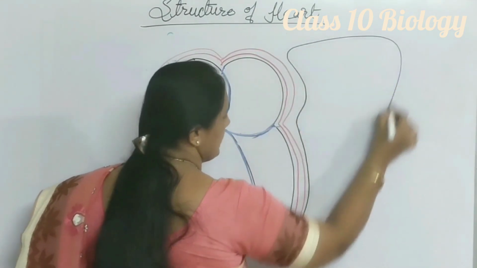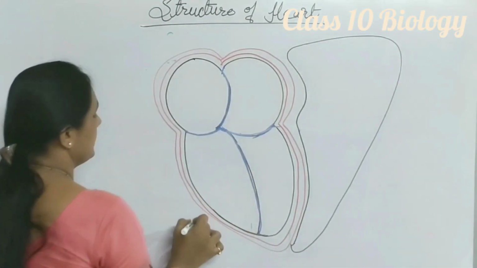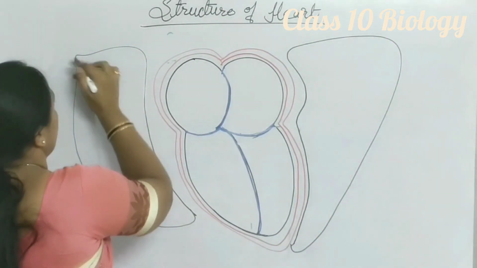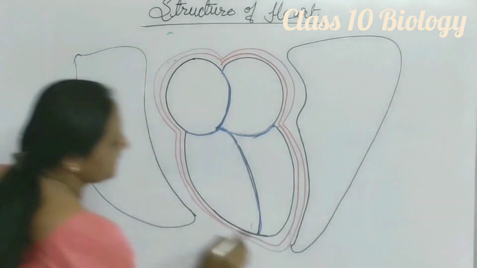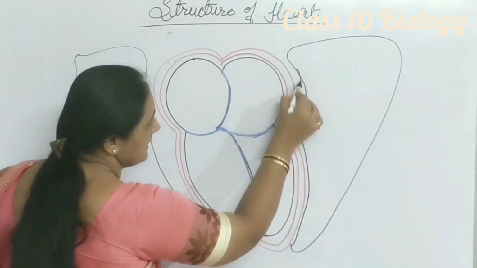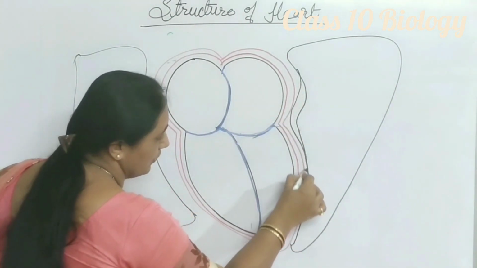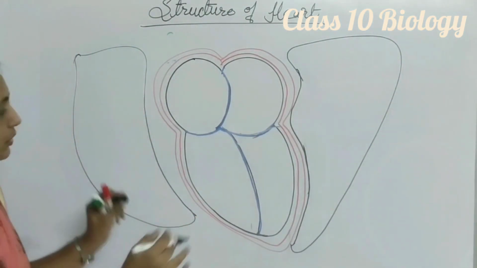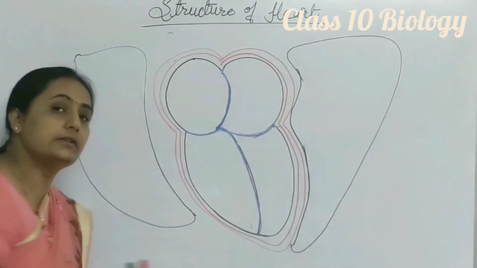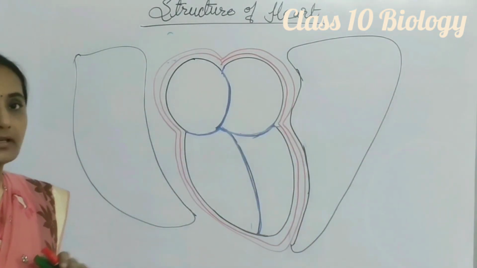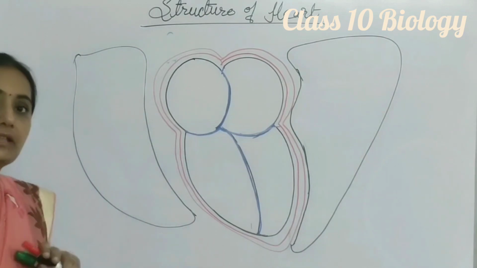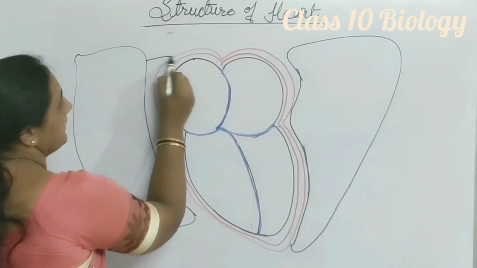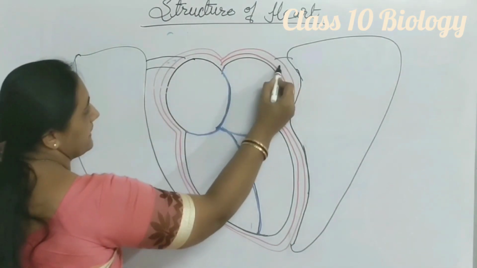Suppose this is the left lung and this side is the right lung. So it is tilted towards this side, and here in this lung we find a groove or depression in which the heart is getting fixed. This is the location, and all these things together are covered under the rib cage, that is the thoracic cavity rib cage that we discussed in the respiratory system. And from the lungs, the heart is connected with arteries and veins.